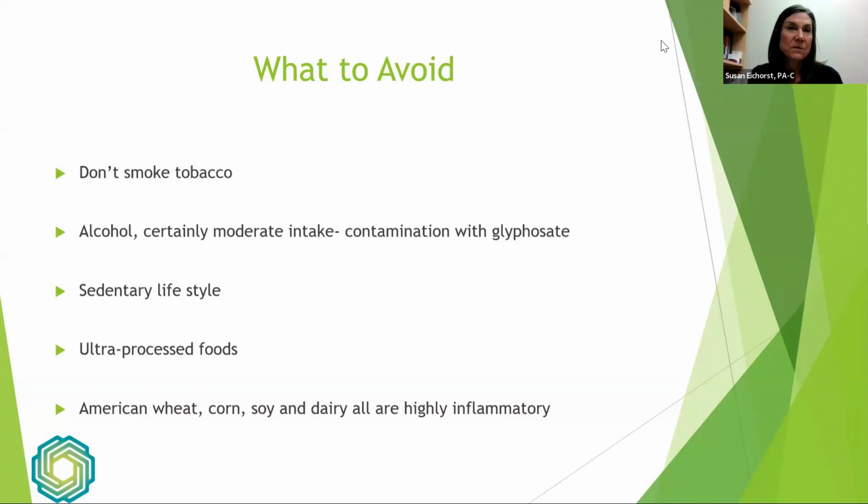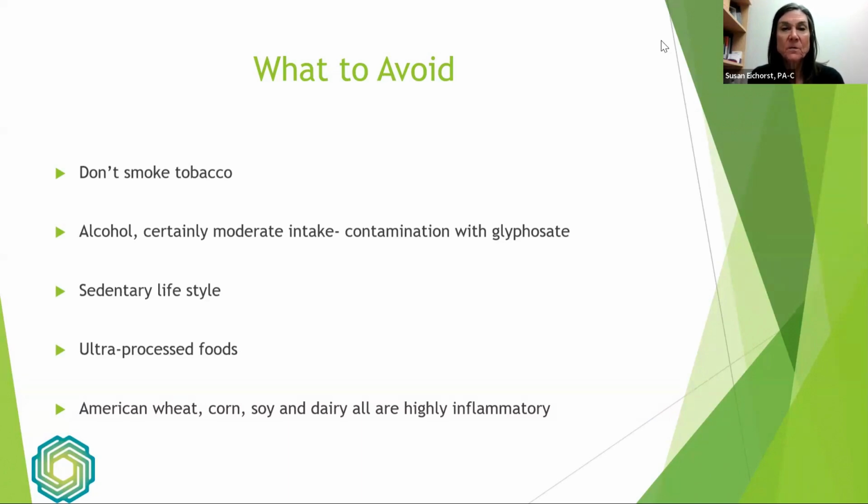We have to get off our tushes. I sit way too much at work. We've got to get off these sedentary lives. We used to walk a lot more, had more physical jobs. That is absolutely contributing to our heart health. Avoiding ultra-processed foods is an absolute must if you want a better health journey. These foods are just poisonous on way too many levels, and our hearts are taking the brunt of it.